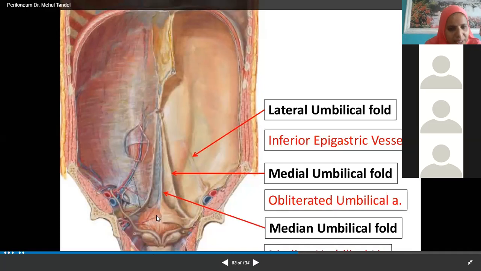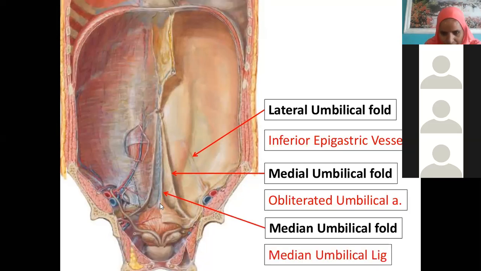urinary bladder. See, from the urinary bladder, if you just go up, are you finding there is one fold? This fold I told you, but I found this picture is very good. Till umbilicus, you are finding there is one extension of the thickening of the peritoneal ligament. You call this fold as median umbilical fold. Median umbilical fold is embryological remnant of urachus from where urinary bladder develops. This is the thickening of peritoneum, that is the median umbilical fold. Now, it is a remnant of what? Urachus.